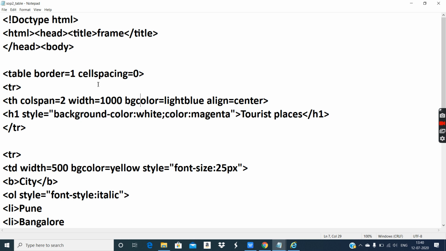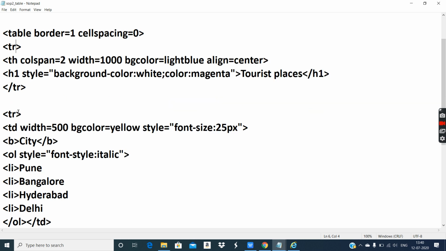Colspan and rowspan, these attributes are not available in tr. So if you want to give colspan or rowspan, you have to give in th only. Otherwise, width, bgcolor, align, all these attributes are common in tr tag also. But since it has one cell, you can give attributes here also or otherwise in the cell with the help of th. Th stands for table header, which will display the font in bold.